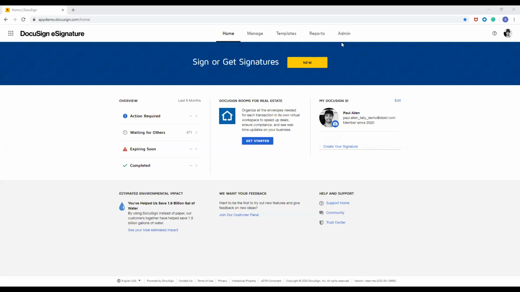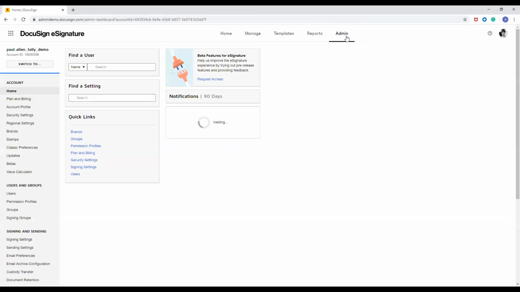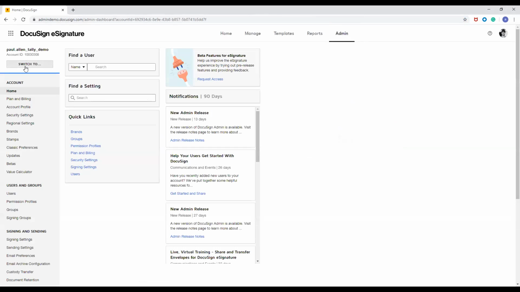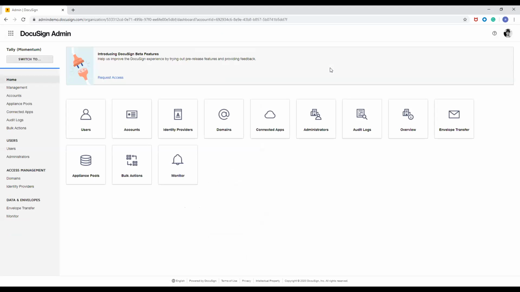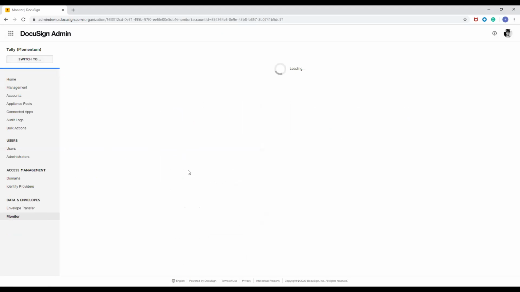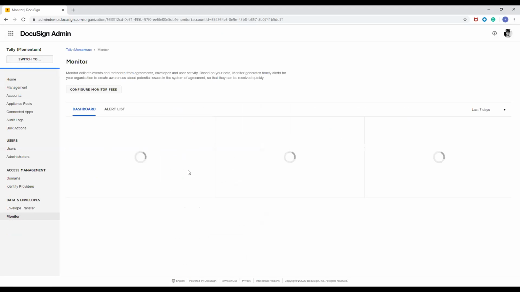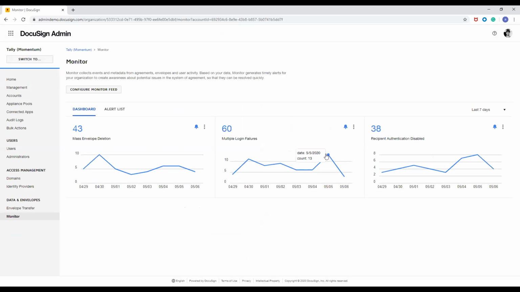So when you log into your DocuSign environment, you just navigate to the admin tab. And you switch to the DocuSign admin, or the DocuSign org admin as it was known previously. When you get to the admin landing page, you will see the monitor tile. So if DocuSign Monitor is enabled in your environment, you would get this tile. When you click on it, you get to the DocuSign Monitor landing page, and you get to see all the